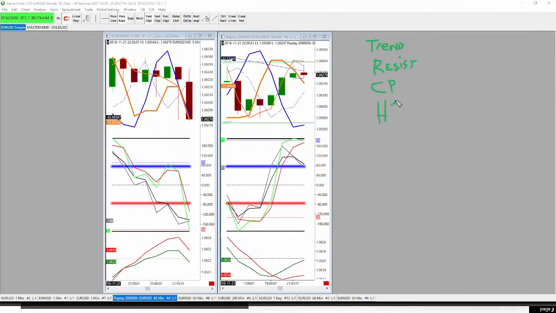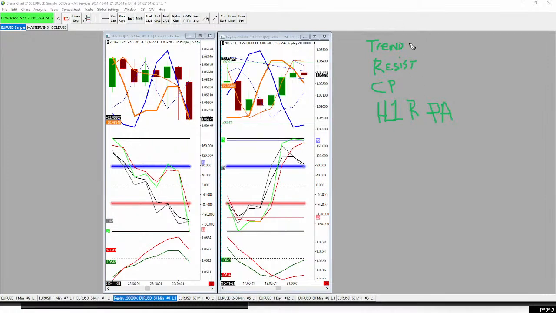H1 reversal price action, I'm just going to put PA. So you've got four things right here that would be telling a trader to sell. And the one thing I want you guys to realize, if nothing else, even if you didn't learn this pattern, you have heard me talk about this, but every time it comes up, I'm going to talk about it.